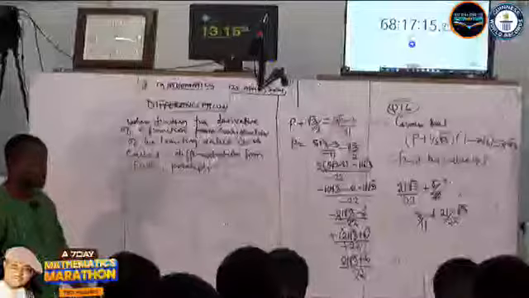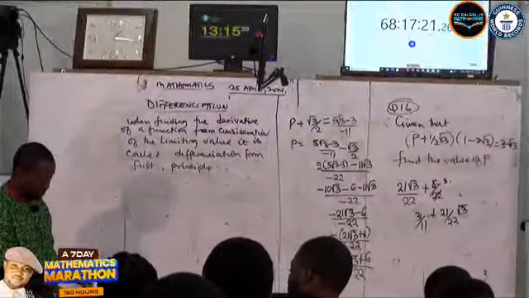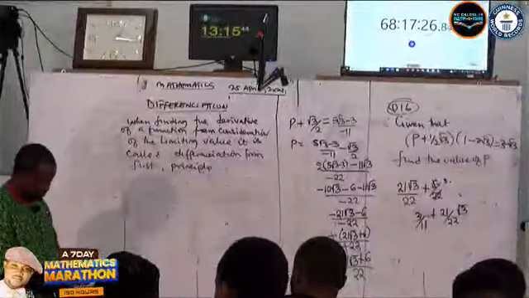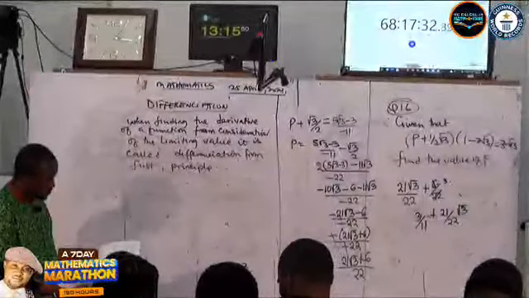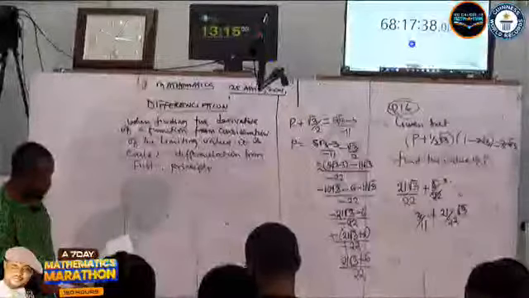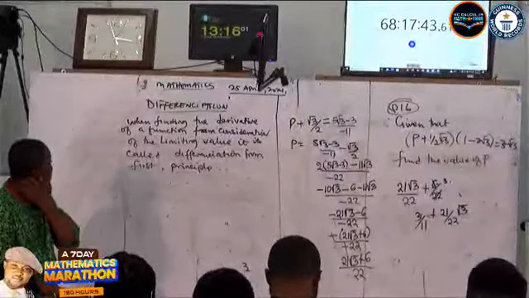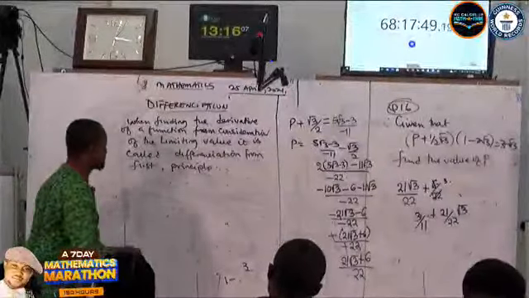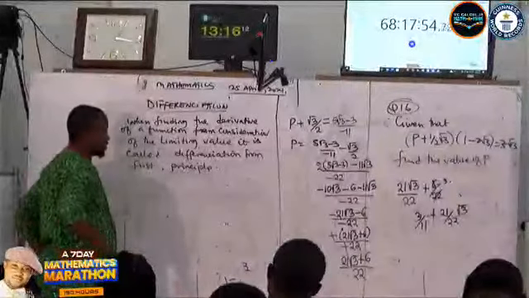Now let's see how we can differentiate from first principle the derivation of the function f of x equals x squared. You know that from the function, if you're asked to differentiate from first principle,